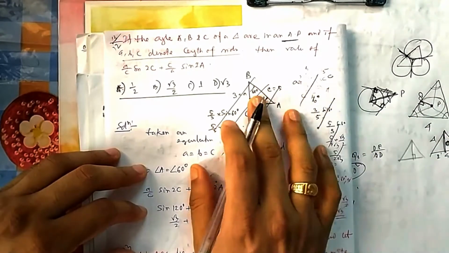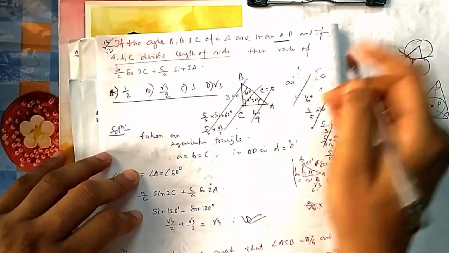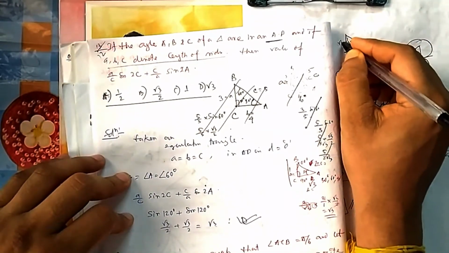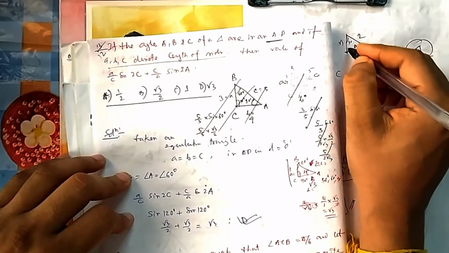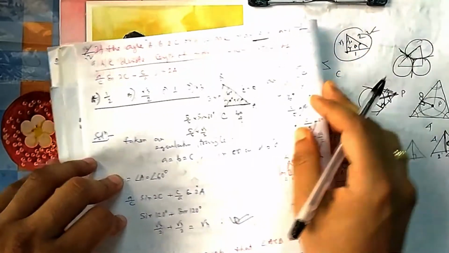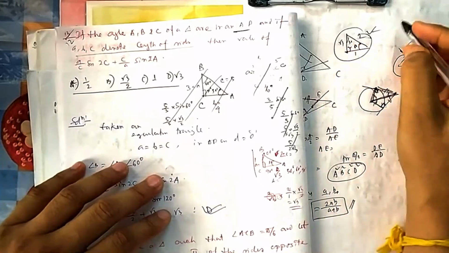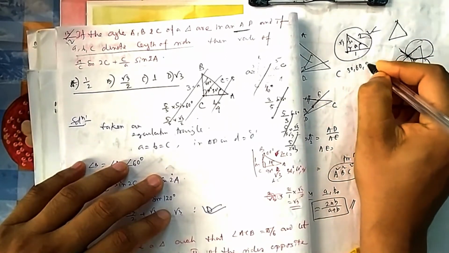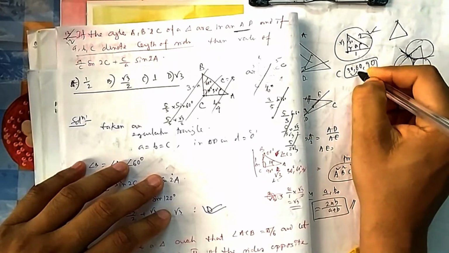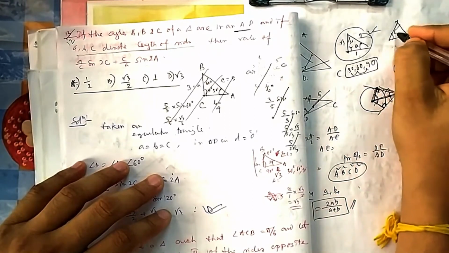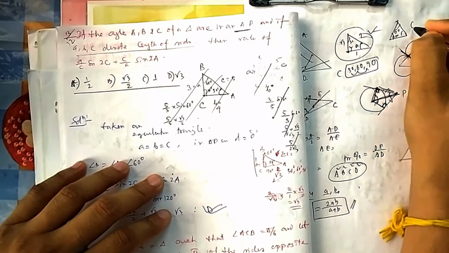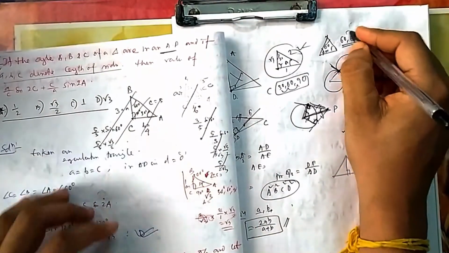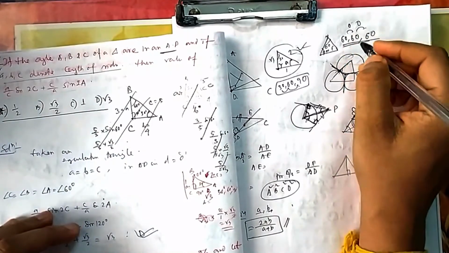You can take any right angle triangle 60, 30 that I have given a little before. Suppose this is 60, this is 30, so it should be root 3, it should be 1, it should be 2. So you can take this standard triangle, or you can take equilateral triangle. Why I am saying 30, 60, 90, because they are in AP. You can see 30, 60, 90, so gap is 30, 30, it is AP. Or you can take 60, 60, 60 also, that is also AP. 60, 60, 60 is a good one because why is it AP? Because common difference is 0. It is also in GP.